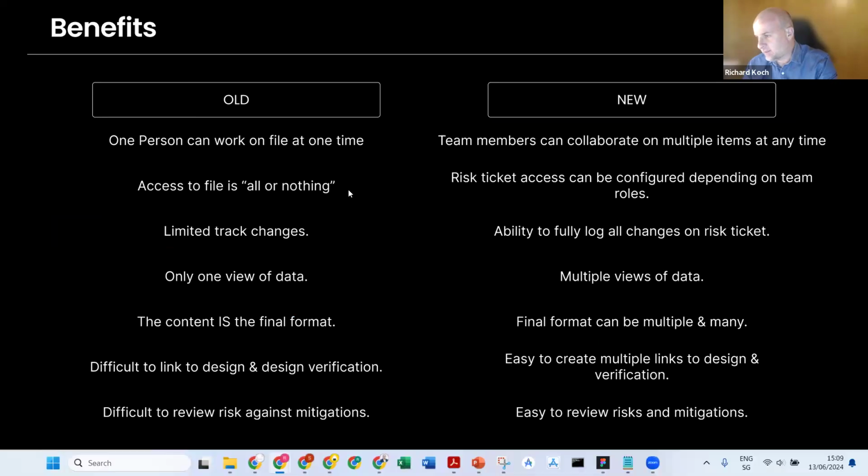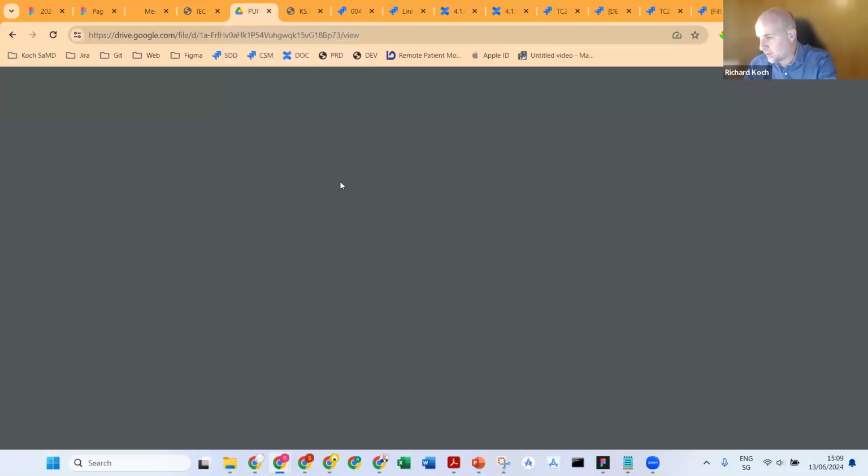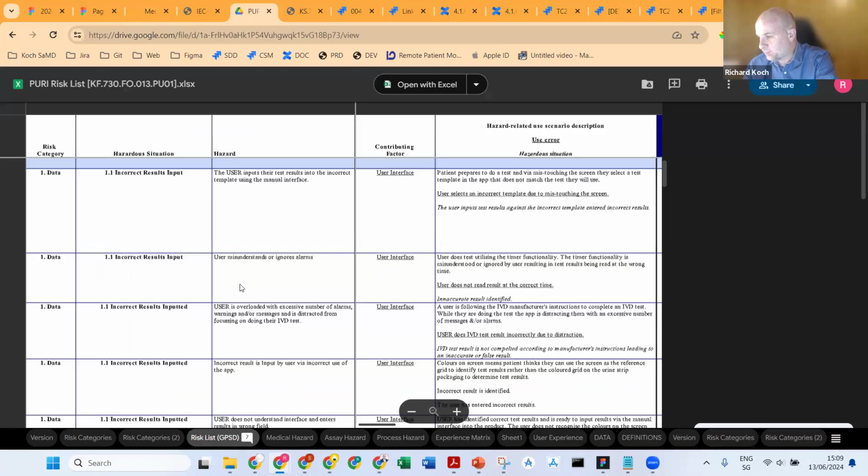Before I go through this list, I will show you the old way of doing it, which I'm pretty sure everybody has seen. So this is the first iteration of my technical file. I developed my own medical device software. We're pre-registration at the moment, but there are unregulated versions on the market. But when I first started my quality management system, so I do have an ISO certification,